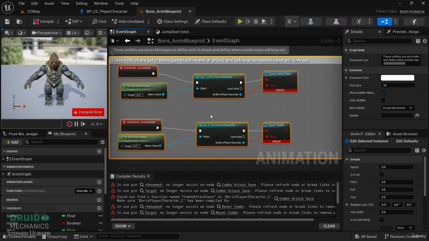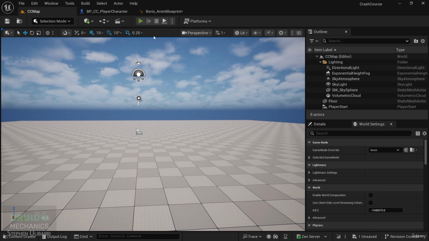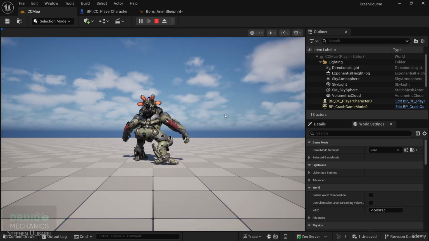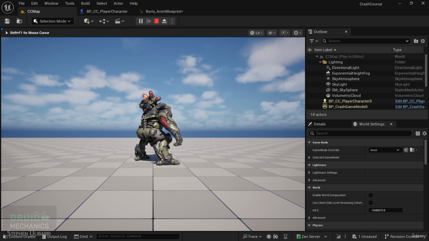We can delete those and hit compile, and that's going to resolve compilation errors there. So now I should be able to press play, and sure enough, I'm able to. Now, we have not yet set up any inputs, so if I click in the viewport to engage and try to move around, nothing's going to happen,